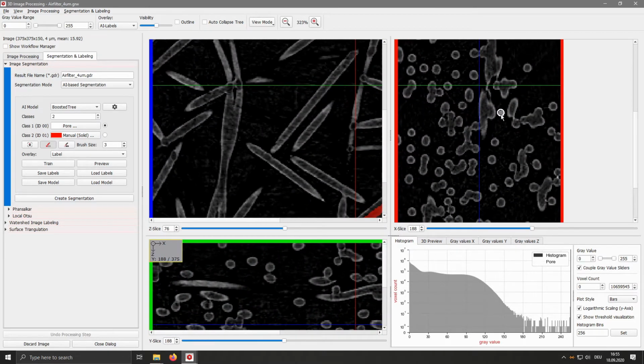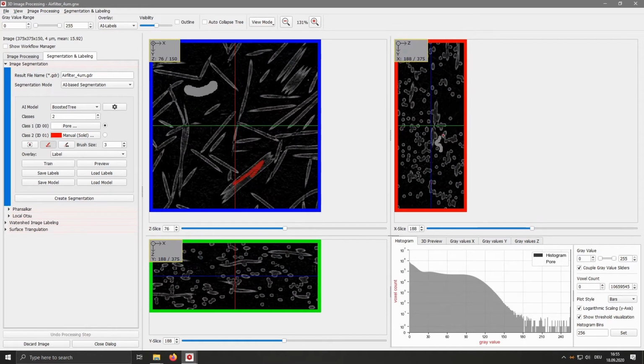to make sure I'm not painting into the fiber, and paint a bit around here to make sure we have also in this direction everything captured. So for example, if you have a changing behavior in your image like a gradient or something, it is important to provide labels throughout the structure. Of course, you can also do some pre-processing, get rid of the labels.